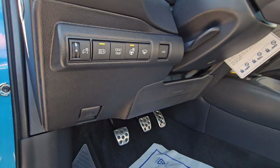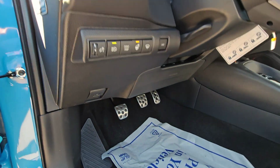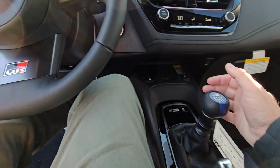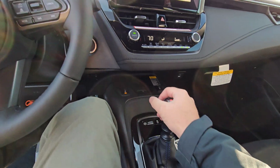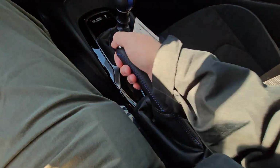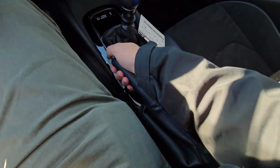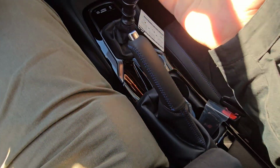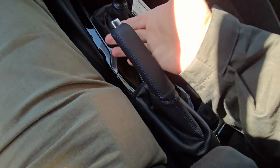These, of course, now have all the features they always did before, but there's your heated steering wheel. Of course, the only way to do this, 3 pedals. The shifters feel so good on this car. Just driving around the parking lot, the handbrake, it feels so nice. It's just got a firm hold to it. There's no clickiness to it, like old handbrakes, because they've wanted to kind of turn into like a drift brake